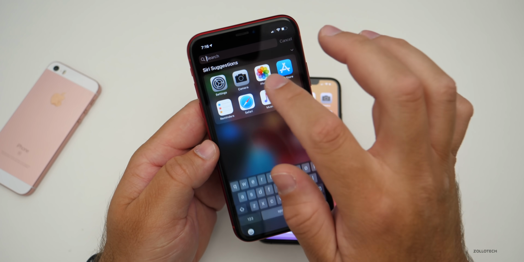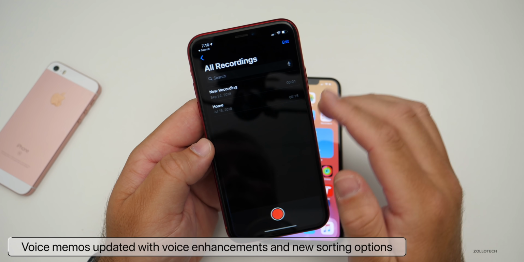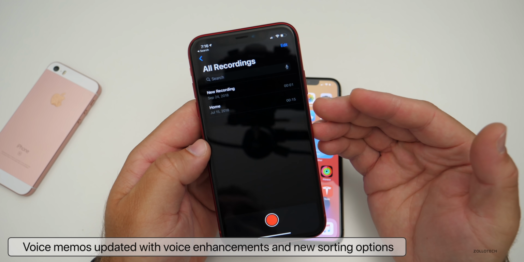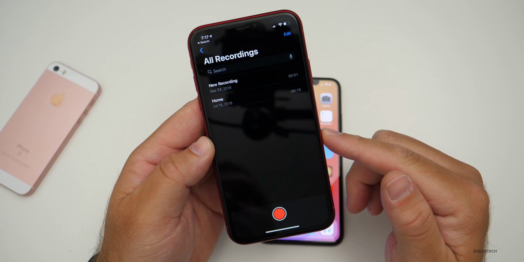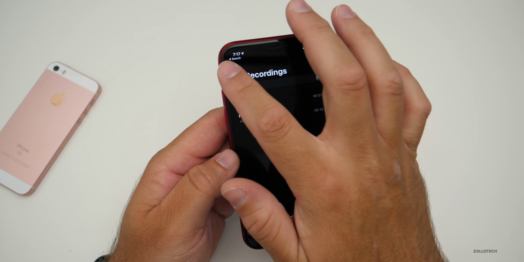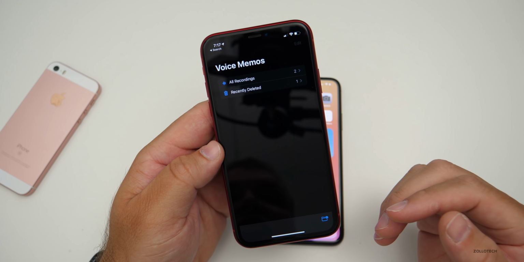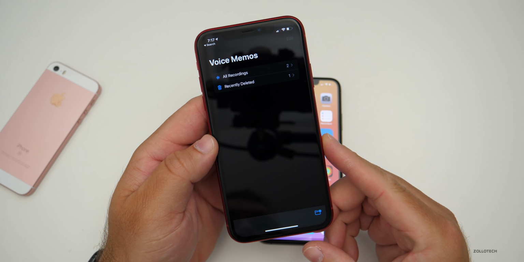Now with voice recording, I'll just search for it, and search is really good now. It searches everything. We'll go to Voice Memos, and you'll see I have a couple new ones. There are some new sorting options, which isn't huge, but it's nice. But they've also added enhanced recording features to improve sound. So it will help you eliminate background noise if you want to do that. So if we go back here, it's not really exciting, but you have that option to eliminate background noise to help you hear your note more clearly or your voice memo more clearly.